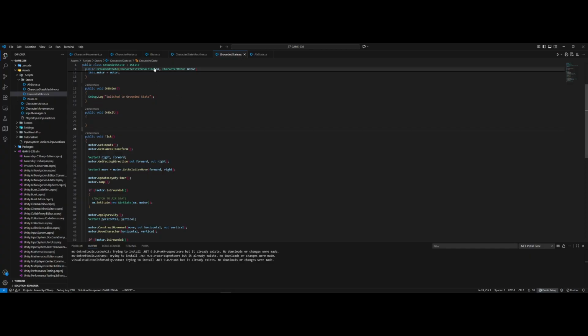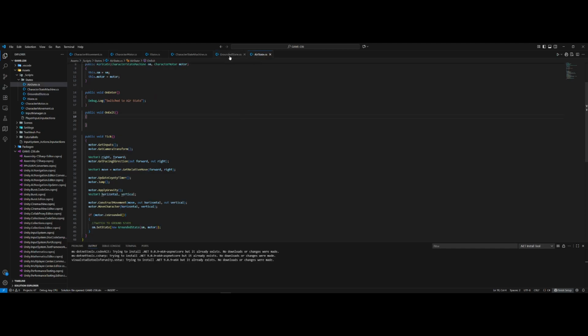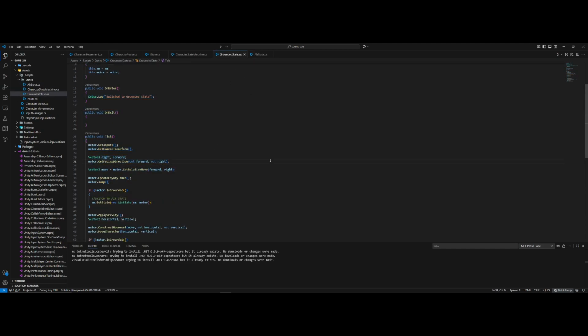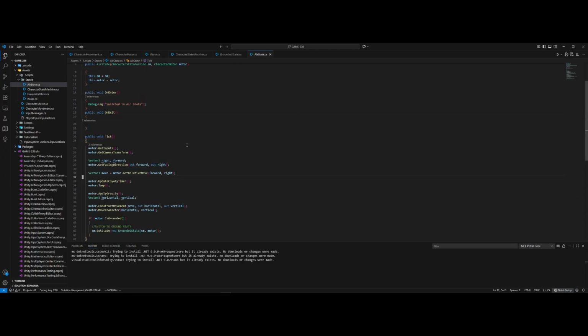I think it makes sense, and you'll see next week, or in the next videos, when we start adding our character and animations, how this all plays through. We might need some more states, depending on the type of animations we want to have. Breaking these air states down, or breaking our grounded state down. Maybe we have a sprint state and a walk state. Maybe our air state has